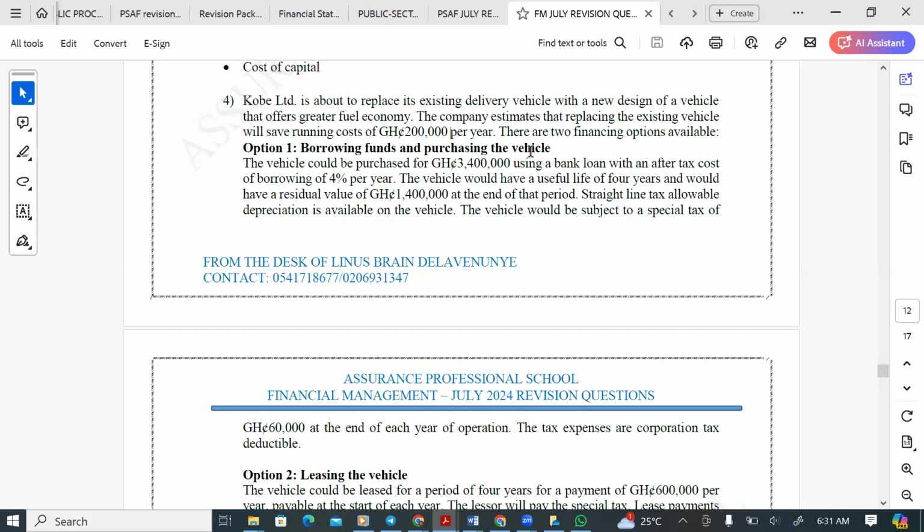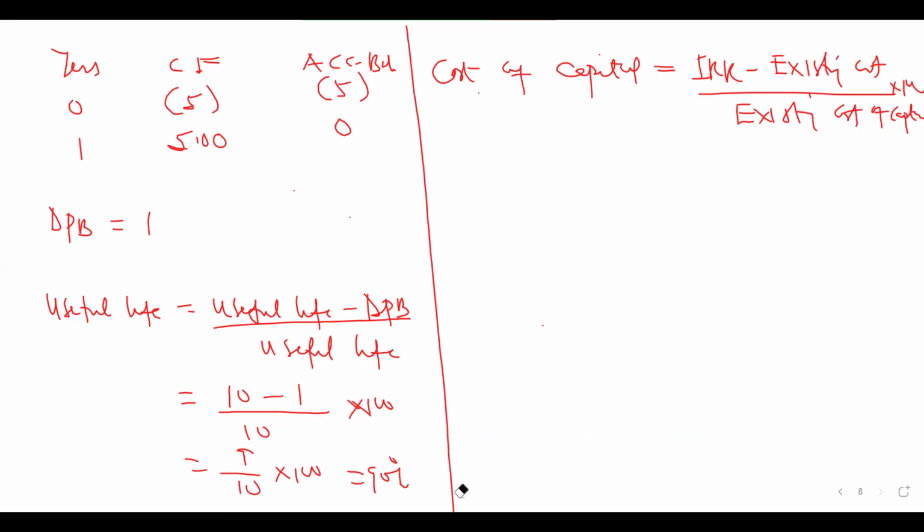So if you are now purchasing the vehicle, what is the cost that you are going to be incurring? Leasing will always be assumed to be an operating lease. But if it is a finance lease, then you are going to be charging depreciation on the right of use, so you'll be enjoying tax benefit on the capital allowance too, which is a depreciation. So let's come here. We have the purchasing option.